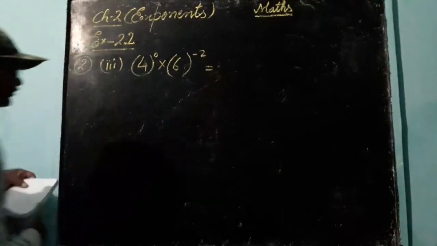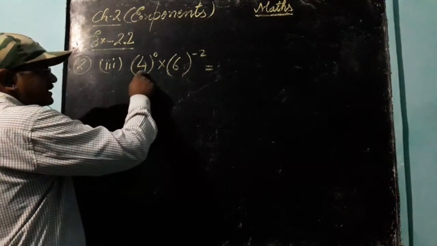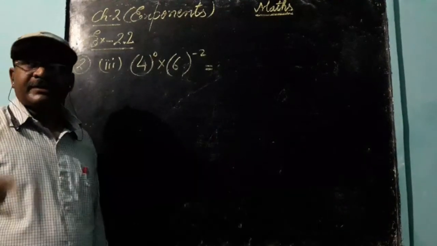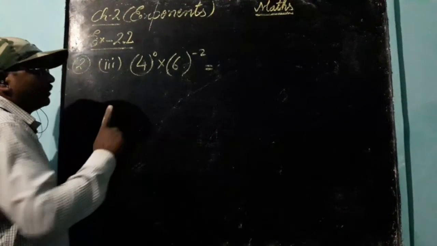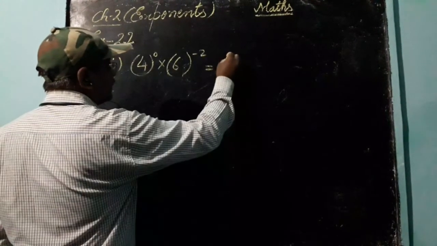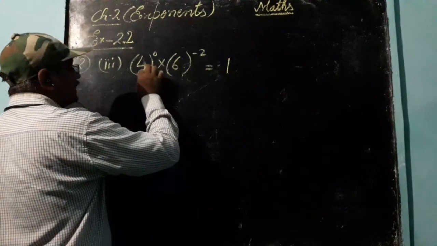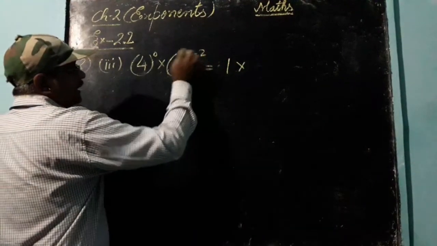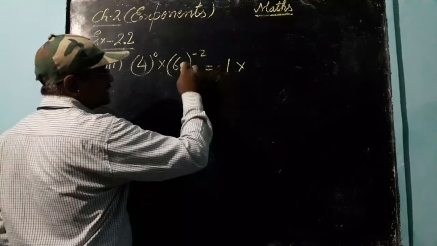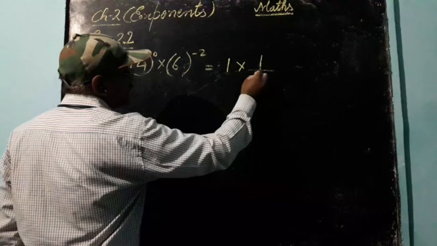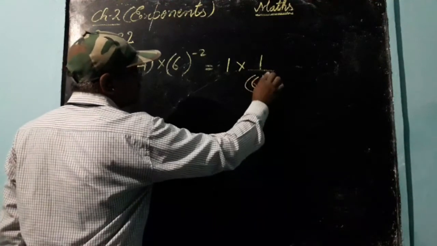Dear students, so in earlier you have studied, if any base has given 0 power, अगर किसी भी बेस पर पावर 0 लिखा गया है तो उसकी वैल्यू 1 हो जाती है, 1. Okay, so then here you write 1 because here the 4 to power 0 is 1, into 6 to power -2, so that you will write in positive form, so then it will be 1 upon 6 to power, अब now it will be +2.